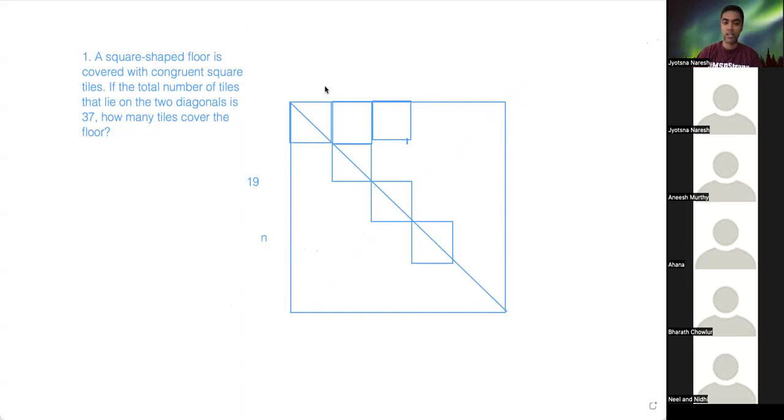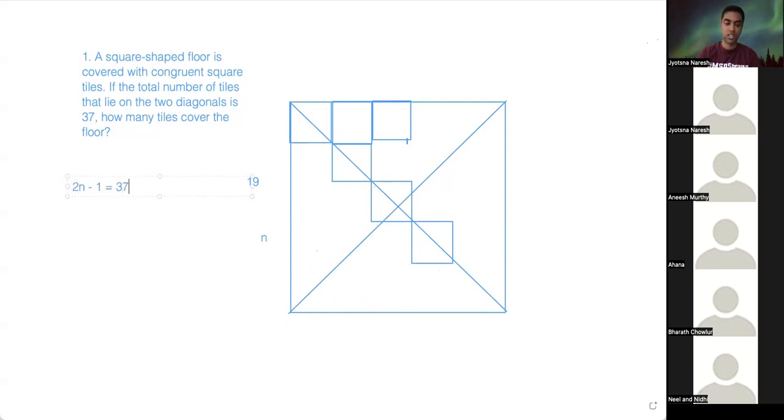Now, if I do the same thing with the other diagonal, it's the same result. It'll again go through n squares on this diagonal. The only overlap is this one square in the middle, where both diagonals intersect and go through the same square. Otherwise, each of these squares is different from each of these. So these two go through n squares each, but this one is counted twice. So the total squares passed through by both diagonals would be 2 times n minus 1,